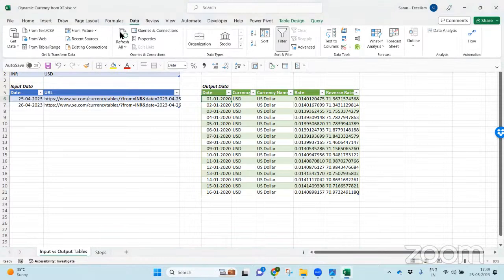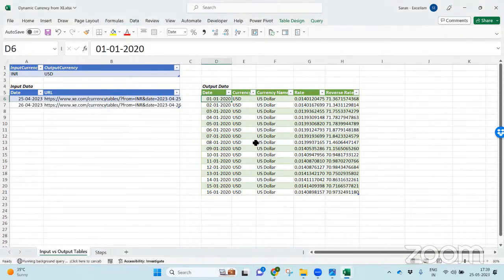You can just go to the data, refresh. What it does is go into these two web URLs, look into the table, filter for USD, and provide it here. I did this long back, and I'm sure that this works. Otherwise, maybe I'll update this file and share it with all of you.